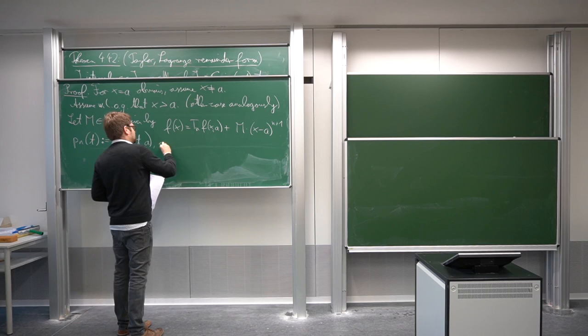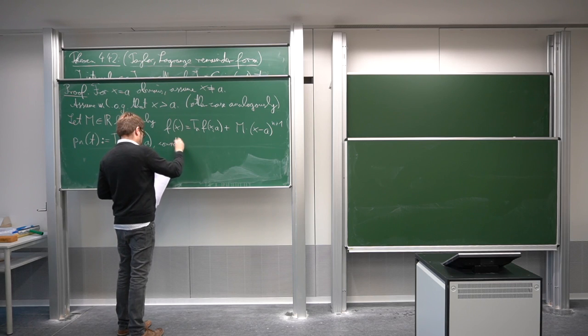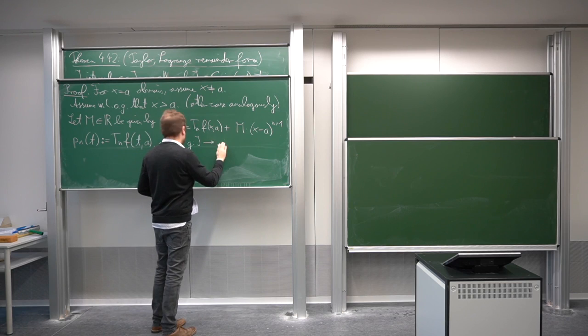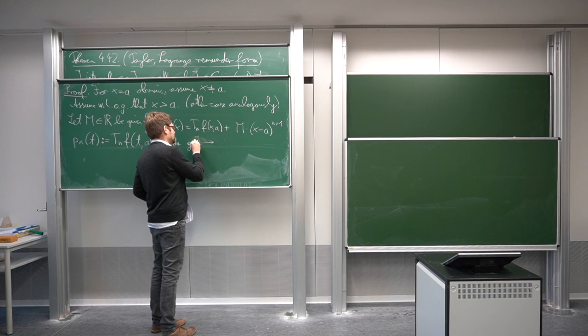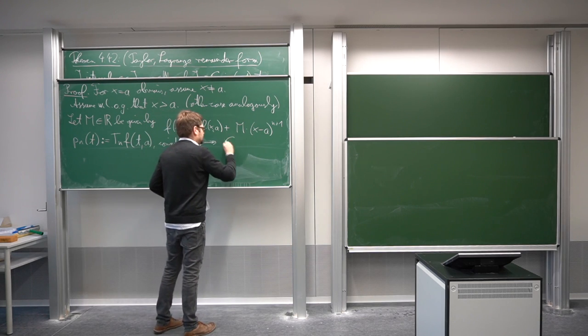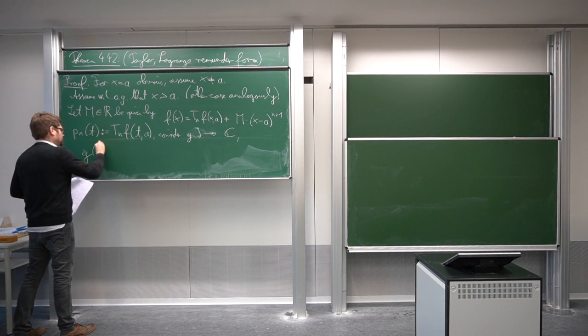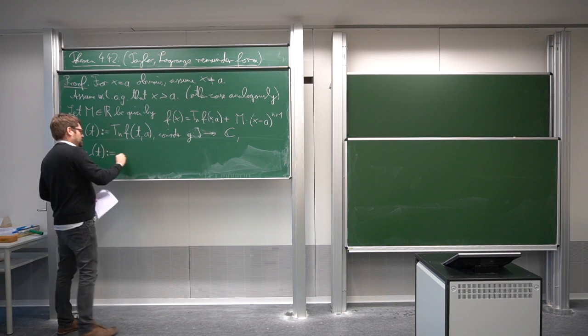And we then consider the following function. G is going from I to C, and G of t is defined as